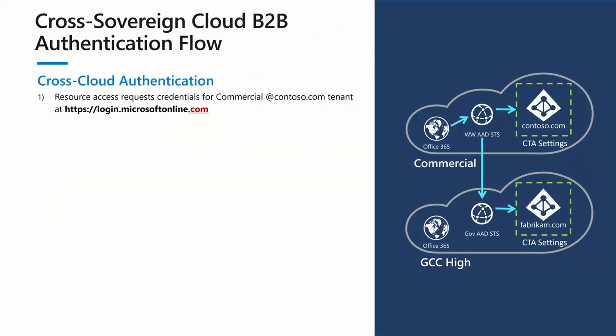So let's just go really quickly through the authentication flow. It kind of helps you to understand how a B2B guest account works in this particular scenario. The first thing is you have a resource. You give somebody access to, let's say, a document that's in the Contoso Aerospace tenant, right, that commercial tenant. It could be a document, it could be a document library, it could be a team, it could be an Azure AD integrated application that you host, or Azure Access, etc. Anytime that somebody goes to access that resource, it's going to redirect to the identity provider that is paired with that resource. In this case, it's on the commercial side of the house. It's going to redirect you to